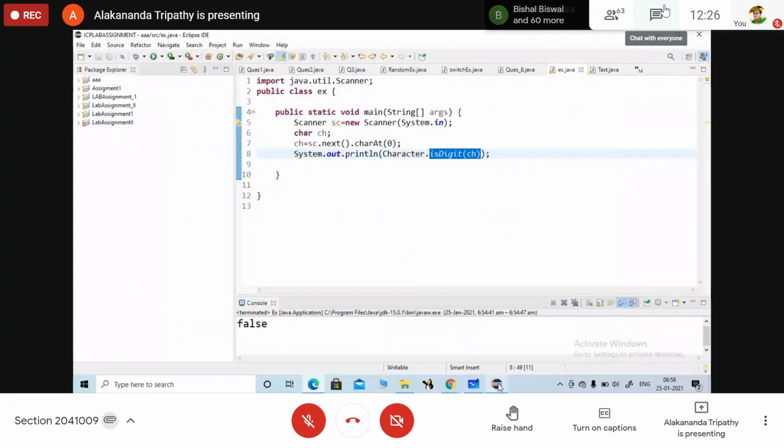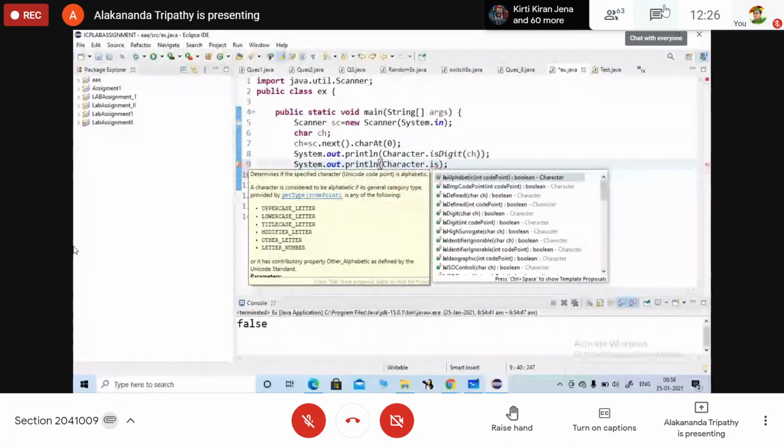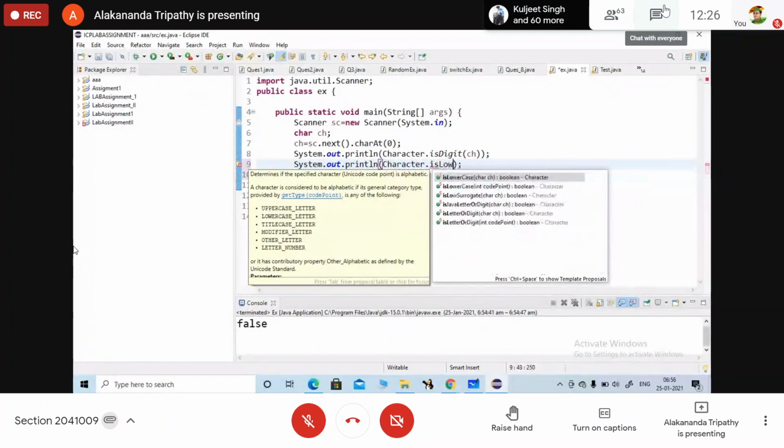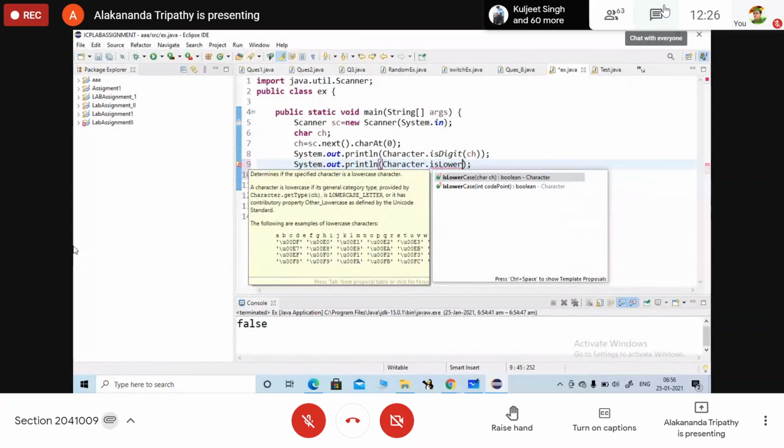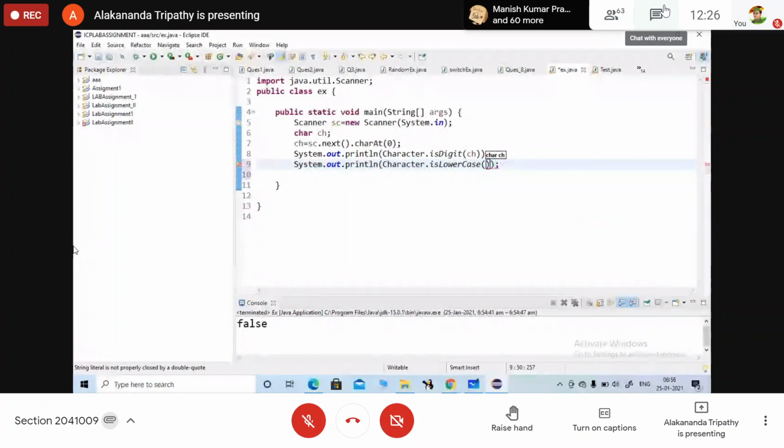Now the other part: I am writing System.out.println(Character.isLowerCase(ch)). Here I will put the character as A. It will check whether it is in lowercase or not.